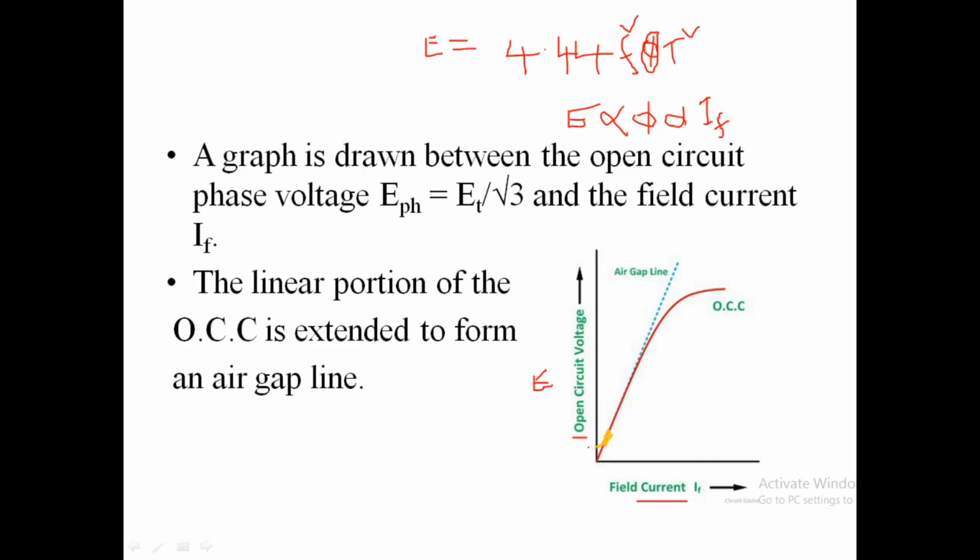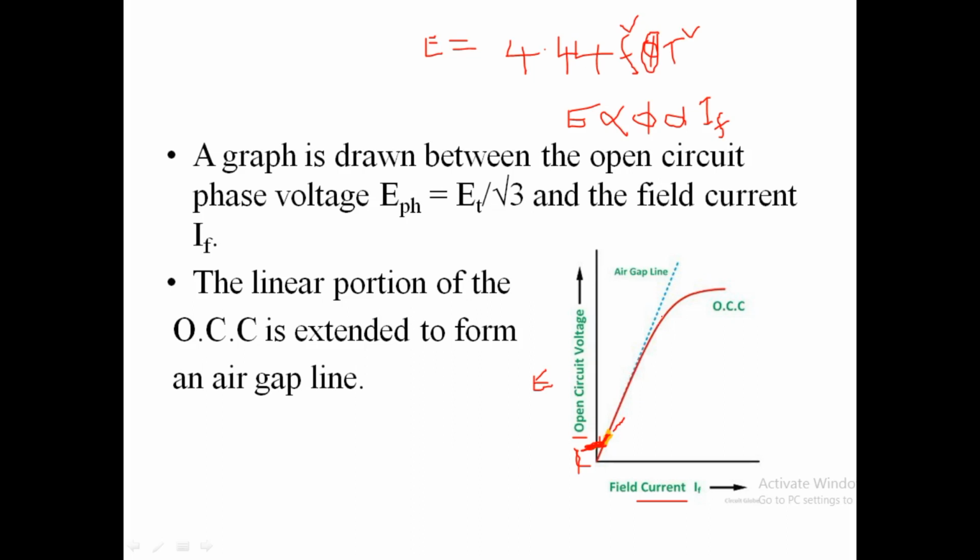But there are two variations in the curve. The first variation is that it does not start from 0. It starts from some positive value. Why is this? You may have studied this in DC machines. Whenever I_F is 0, there is still a flux, known as residual flux. When this residual flux is cut, an EMF is induced, known as residual EMF. So even though I_F is 0, there is an EMF. The curve starts from this point and is a straight line, a linear curve, in this region.